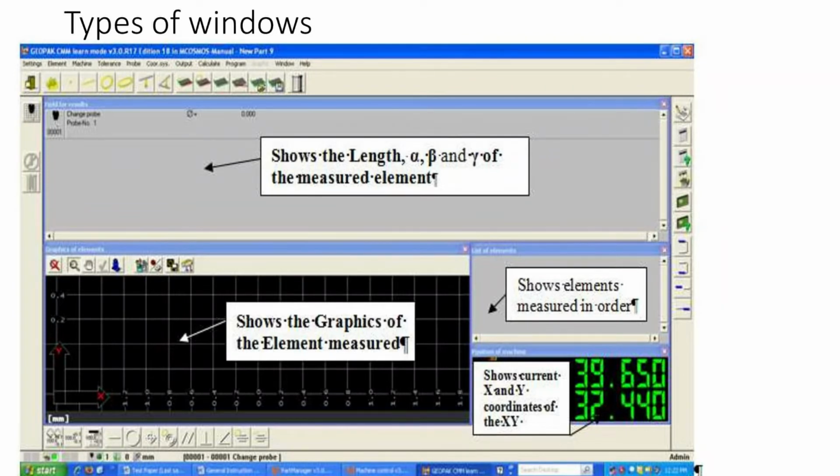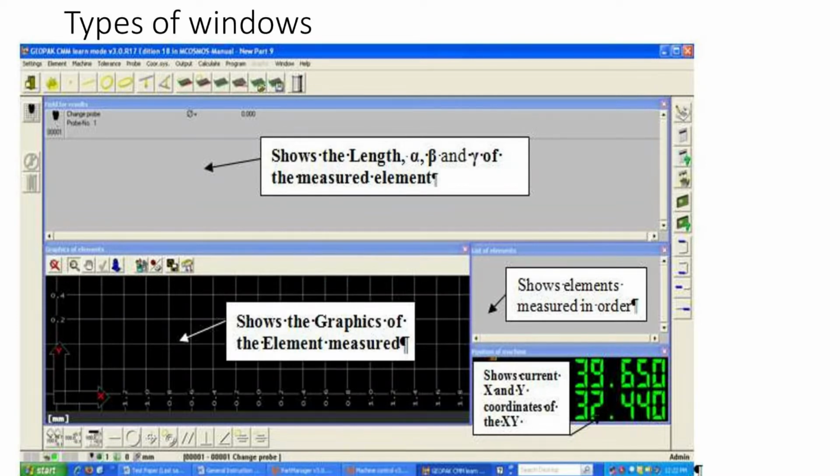On the right hand side, you will have the elements, for example line 1, line 2, line 3, C1, C2, C3, or point elements P1, P2, P3, whatever we are measuring, listed here. And the last bottommost window shows the current XY position of the table of the profile projector.